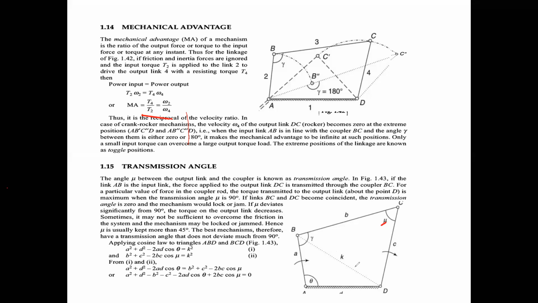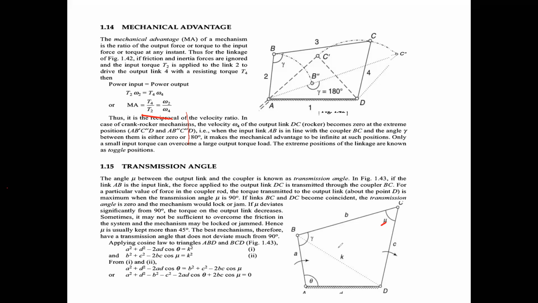Just observe that BD. You may also assume that BD is also one of the links. Now we are splitting up the two sessions, and we have to find this value. For that, we apply the cosine law to the triangles ABD and BCD. Both are two triangles, ABD and BCD.